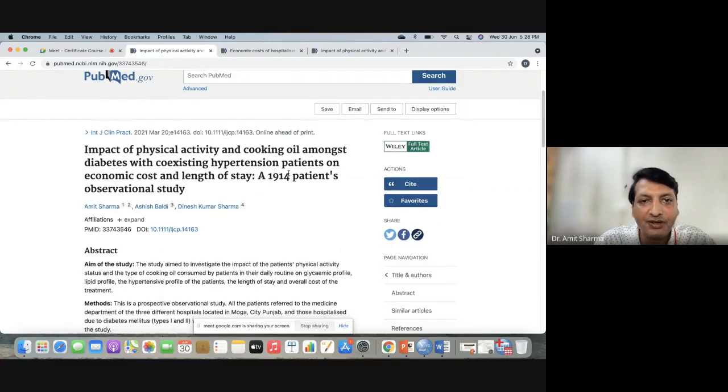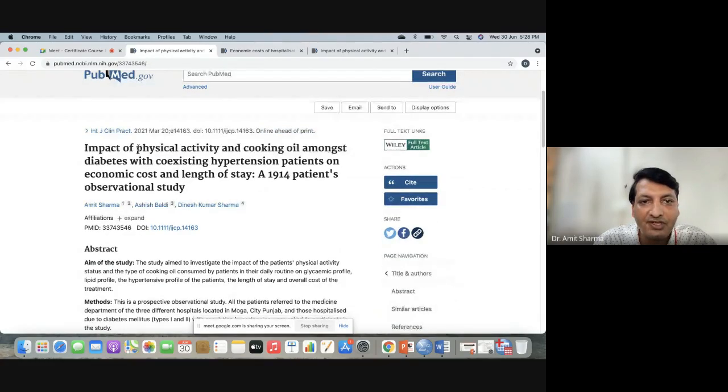Now you can see what data I have added: physical activity and cooking oil. One independent variable was physical activity, and the second independent variable was cooking oil, amongst diabetes and coexisting hypertensive patients. That was the population whose data I took against what?